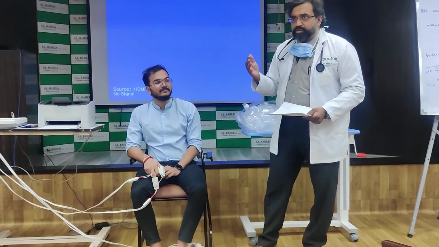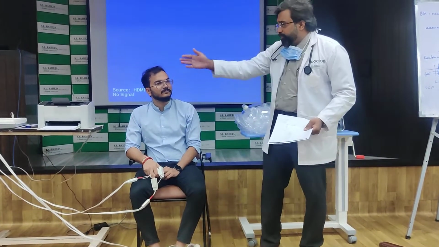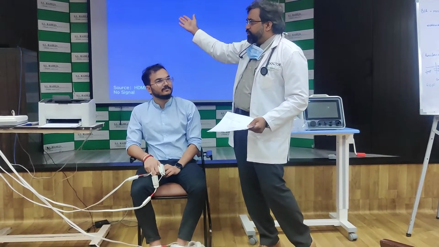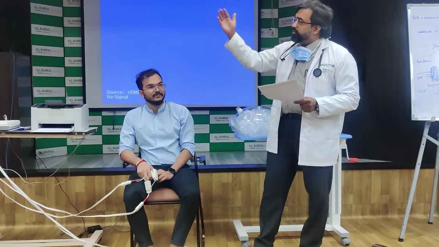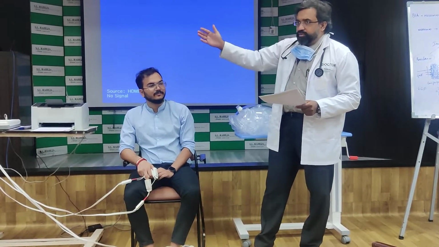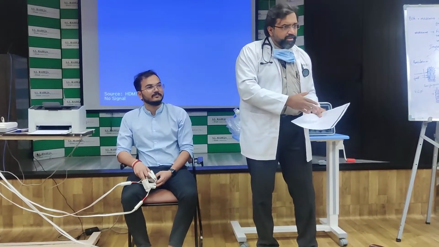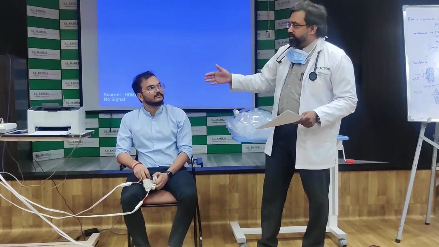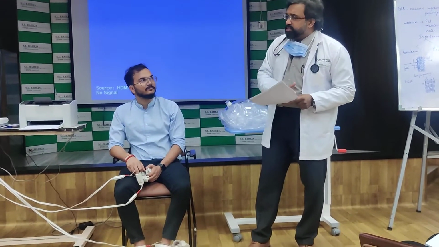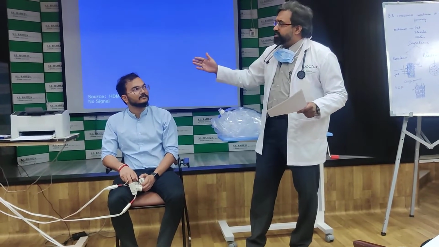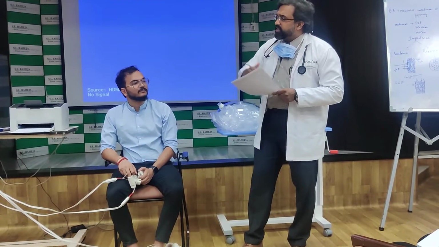More importantly, if you are today at a phase angle of 4, and 5 days later you repeat a BIA and it goes up to 5.5 or 6, that correlates to ICU survival. Now, say this patient's phase angle is 3, and after 5 days you see it's 3.1. It has not gone up. That means this person is not working to improve his body cell mass, and this person has a lesser chance of survival.